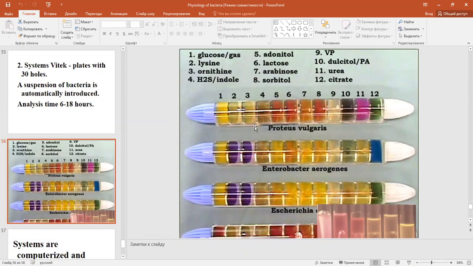So different kinds of plates are used for detection, and here it is written what the result is. Urea, citrate, and arabinose, sorbitol, lysine, and glucose, and bacteria differ. There is a picture of exactly those bacteria that belong to the Enterobacteriaceae family, like Proteus genus bacteria and their results, then Enterobacter, Escherichia coli, and maybe some other polystyrol strips are used, and